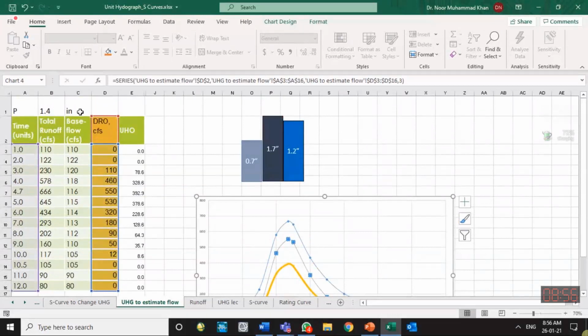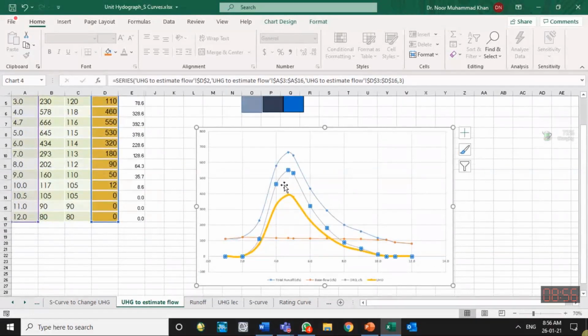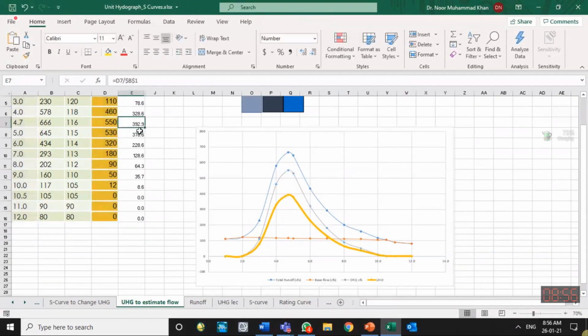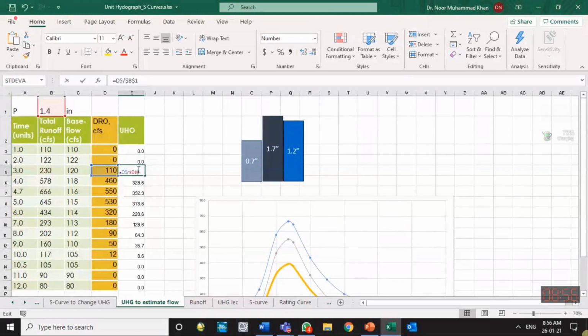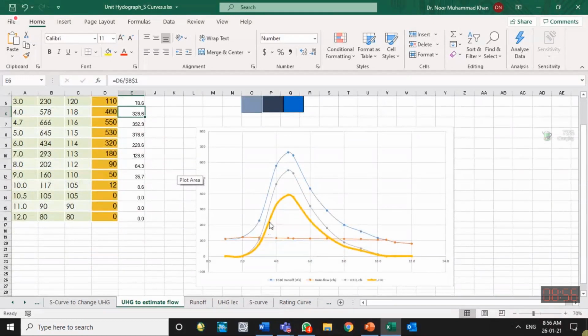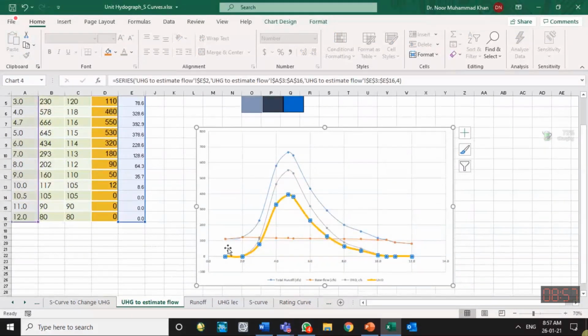inch. Who told me this? Question told me that effective rainfall is 1.4 inch. So we reduce it, or we normalize it by the effective rainfall. We divide this by 1.4 in this E column. I have divided it by 1.4. So what we get is the hydrograph that is shown over here. When the actual hydrograph had so much value, the unit hydrograph has no value. So the unit hydrograph has zero value up till this time, and then it has some direct runoff, then some direct runoff, and it ceases over here at this time step, 10.5 hours.